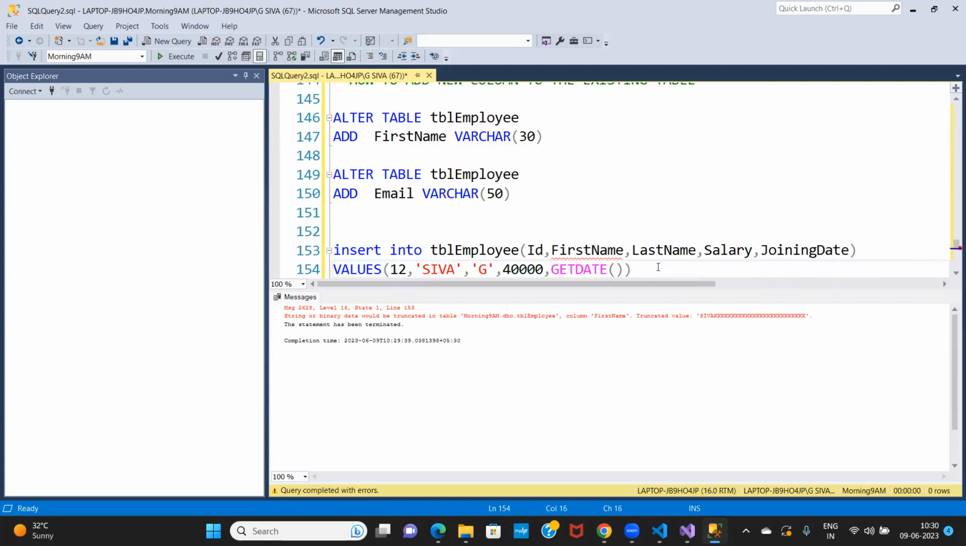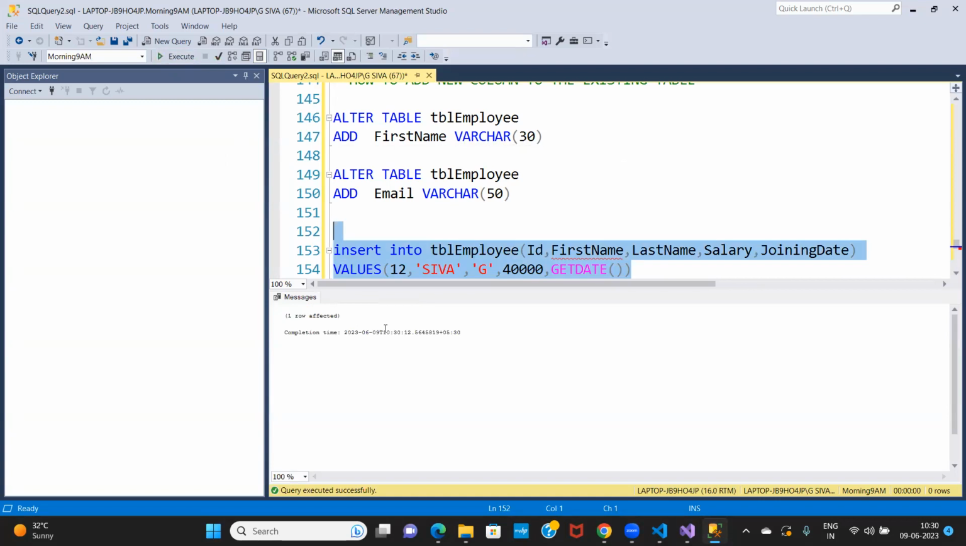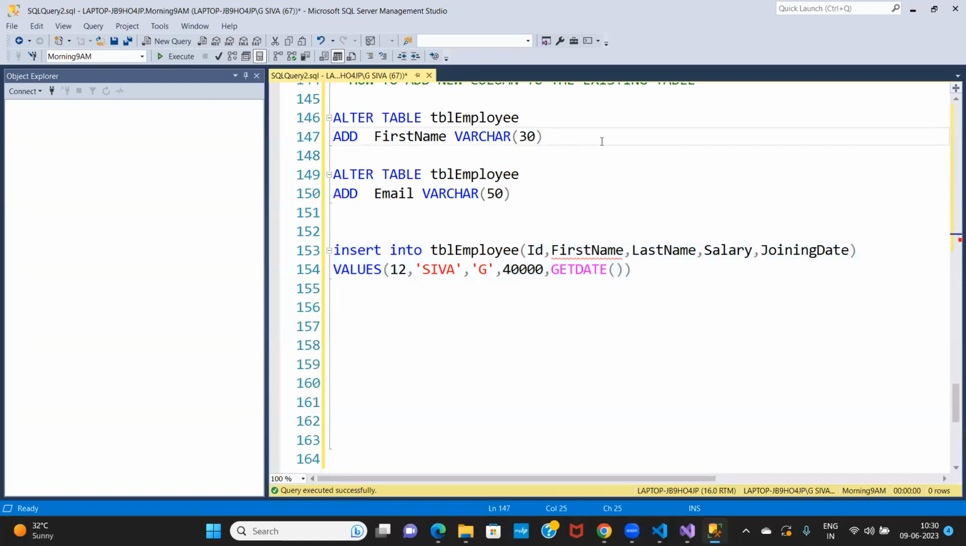I'm giving only 4 characters. If I run this query, now see, data is successfully inserted. But some people may have more than 30 characters in length. So in that scenario, I need to change the data type size, the character size. So how to change the data type length